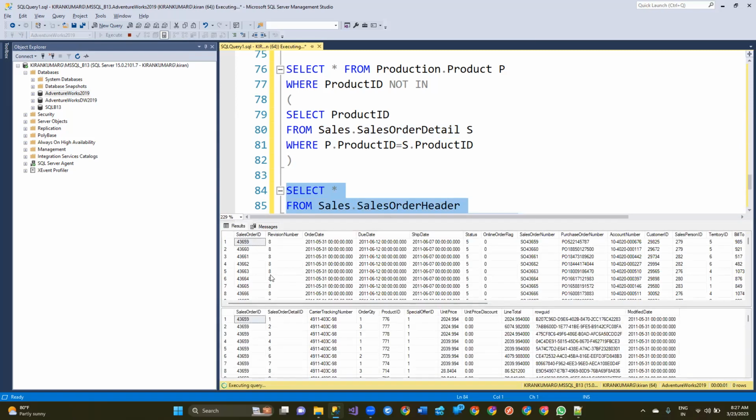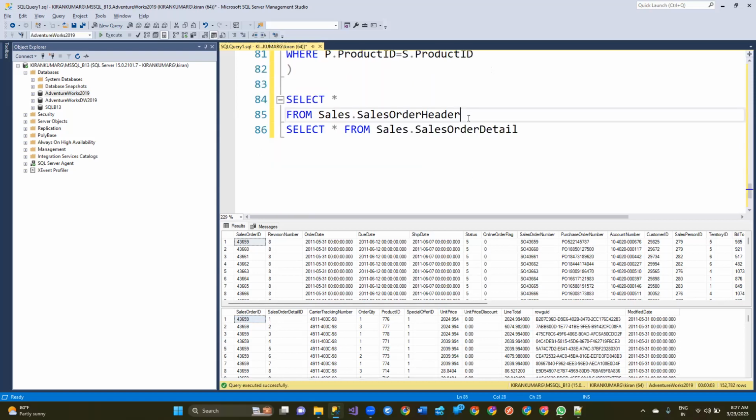If you observe, in sales order header and sales order detail, the common key is sales order ID. That is the primary key. So my requirement is, here we have only one sales order ID, but when it comes to the sales order detail table, it is having a number of